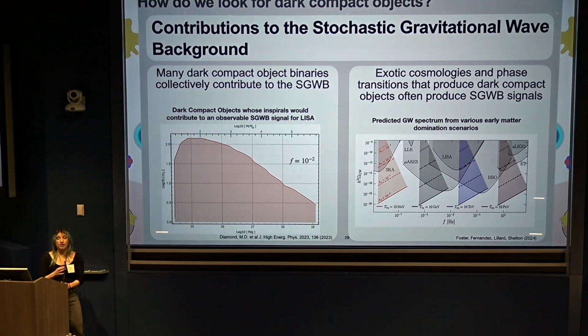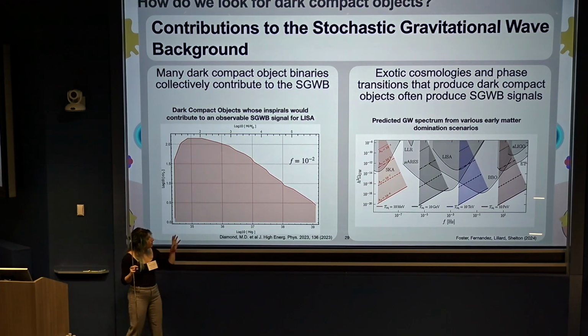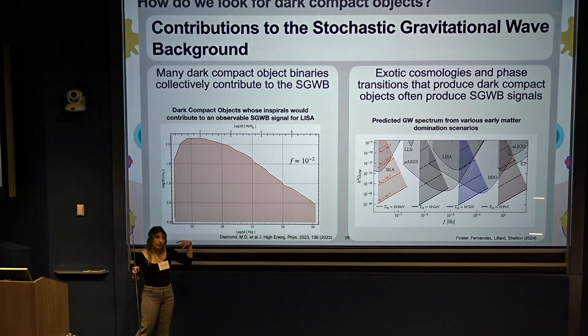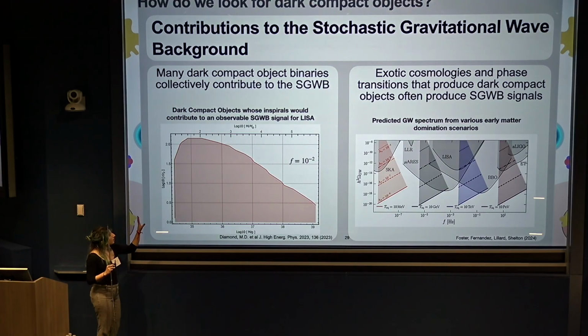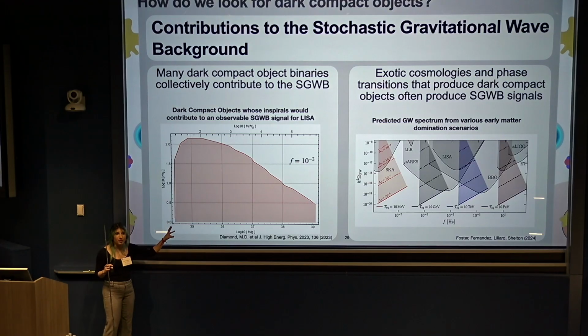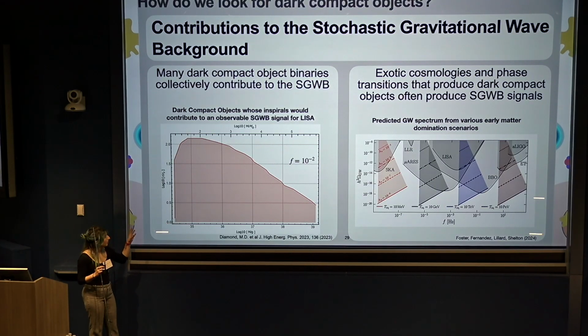But we don't need to just rely on these. We can also look to the stochastic gravitational wave background. There are multiple ways of doing this, not just the generic formation of binaries that want to spin down and merge, though this is happening over the history of the universe, but also the exotic processes that helped get us these dark compact objects in the first place will often leave gravitational traces in the gravitational wave background. So looking at the first, the collective effect of many different dark compact objects inspiraling over the history of the universe,